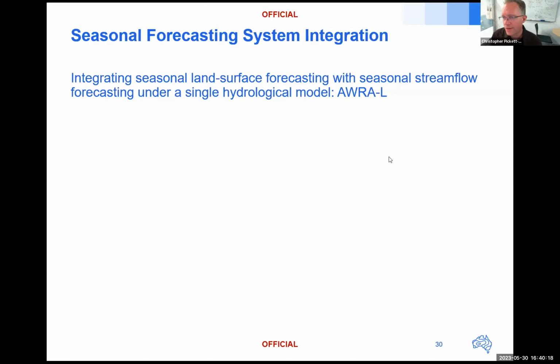Okay, so on this topic, it's actually somewhat of a segue to what we were just discussing. I'm going to talk about seasonal forecasting system integration, so integrating seasonal land surface forecasting with seasonal streamflow forecasting under a single hydrological model, that being AWRA. And in the future, the Bureau will be adopting a new land surface model called JULES. I forget the acronym it stands for, but that's a model being developed internationally. It's an international collaboration, but it's certainly not an Australian developed model,